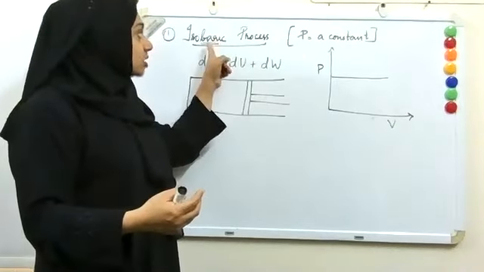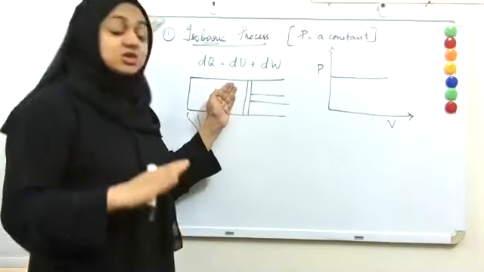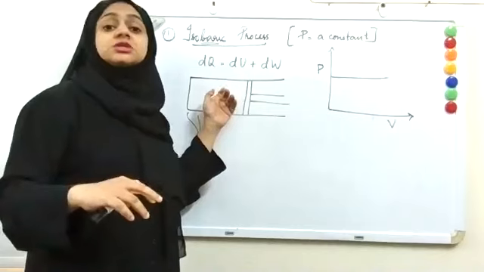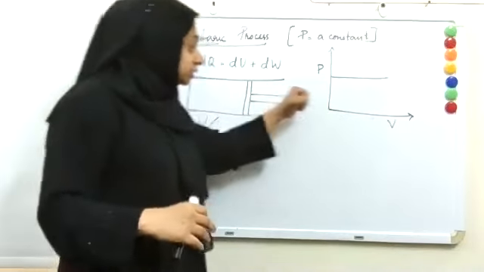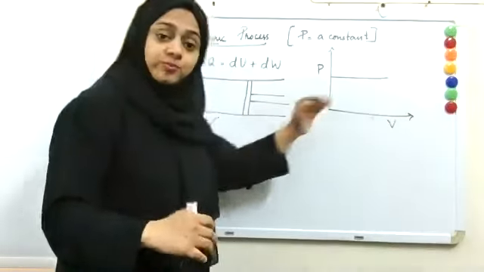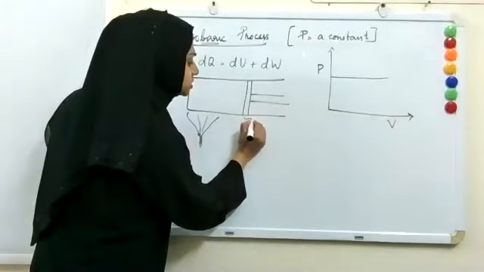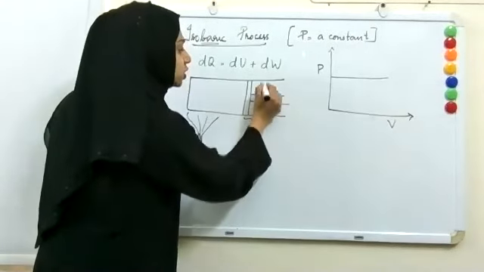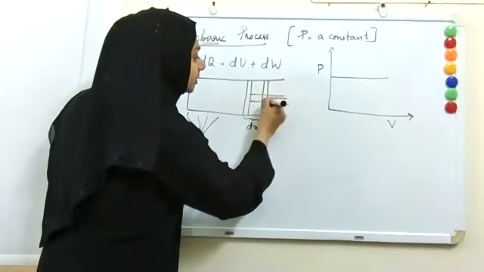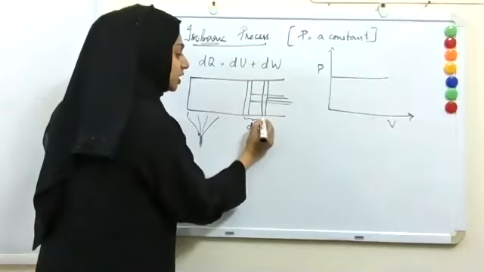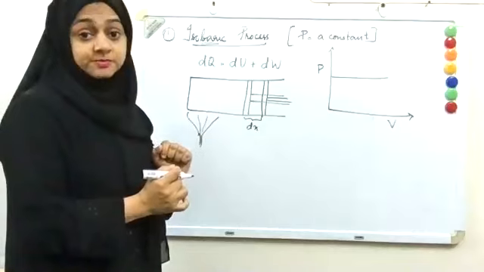So we are talking about an isobaric process. It has a tendency to maintain its pressure, which is earlier equal to the atmospheric pressure. So what happens? It will push and the piston will move. Suppose by pushing, the piston moves through a small distance dx. After that, it will reach this position, the darker one.